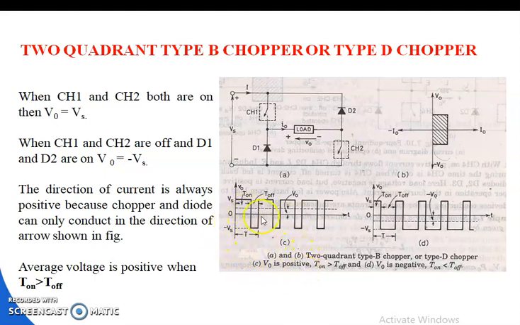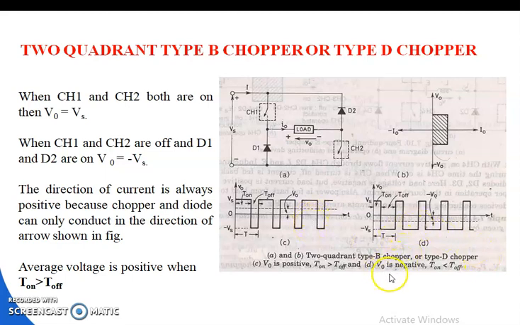So the load voltage V0 waveform, whenever V0 will be positive, T on time is greater than the T off time, that is, the turn on time is greater than the turn off time. So this one is the Vs with respect to time T. This one is the on period of the chopper, and that is the off period of the chopper. So the on period plus off period, or T on plus T off, is equal to the total chopping period, that is T. Similarly, this one is again the off period, this one is the on period. If we add them, that shows the total chopping period. So this gap is nothing but your load voltage V0.